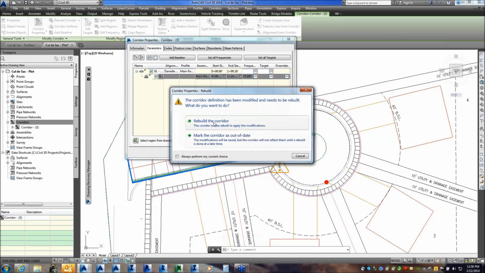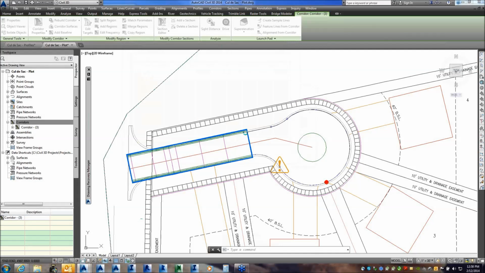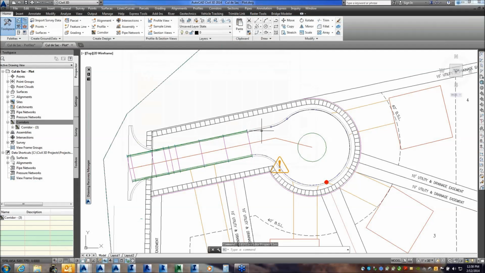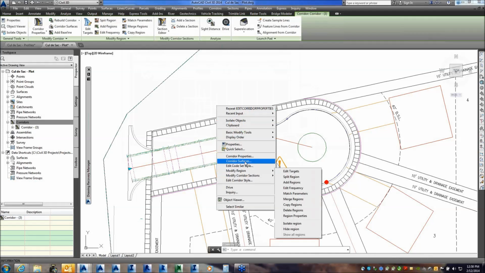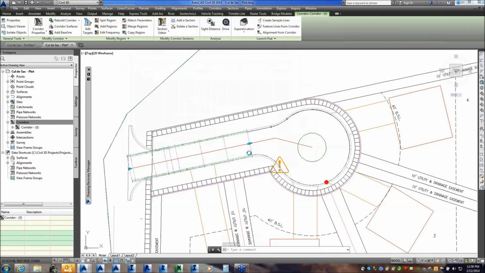I'll select apply, select rebuild my corridor, and look, my corridor stops at that point. My other alignment begins at that same station, which is the reason why, because again, my lanes are starting to transition and widen, so I can't have the same thing for my main road. So under this corridor, I'm just going to right click on it, and if I go into corridor properties, under